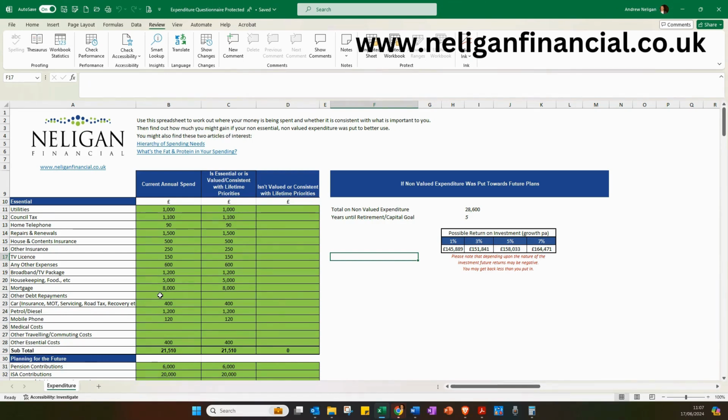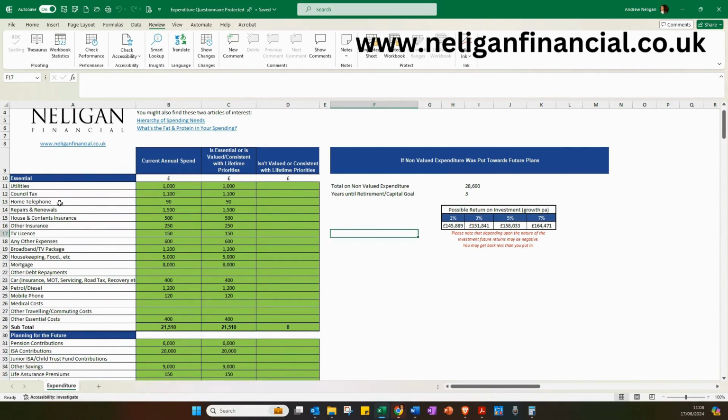contradictions, any areas of your life where you're spending money but you could actually be using it better because it's not consistent with what you want your life to look like, so not consistent with your priorities or your values. And then you can see how much you're giving away in potential returns in the future by spending money on areas that are not important to you. So look at your spending now, see what it is, look to where you're spending money that is important to you and is consistent, and in areas which isn't important to you, is inconsistent with your values and your priorities. So let's have a look at it.